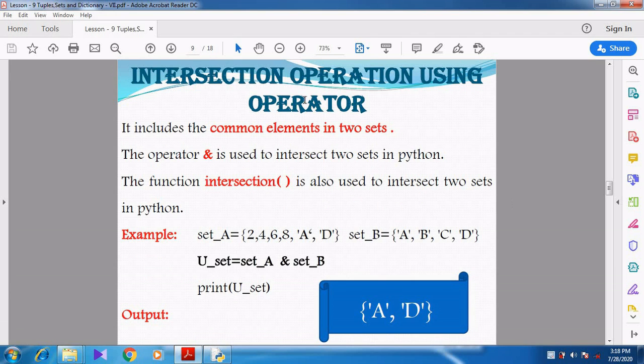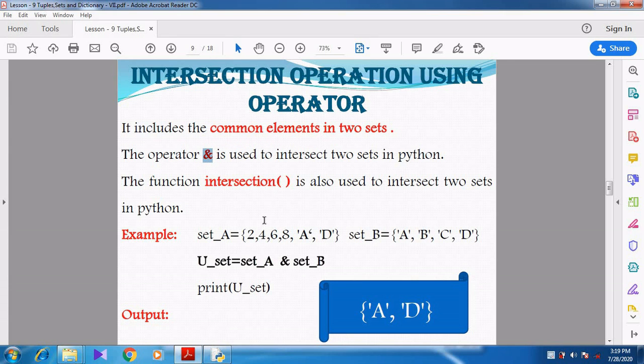Now we are going for the intersection operator. So what is meant by the intersection operator? Very simple. Already I told you, it includes the common elements in both the sets. We should not take all the elements, we should take only the common elements. So for intersection we are going to use the operator called ampersand.